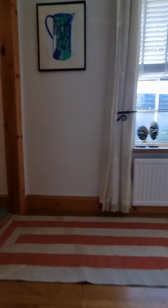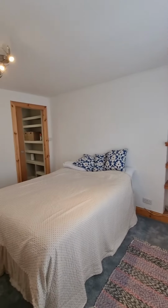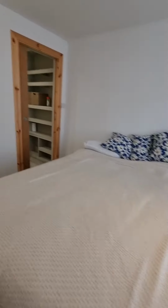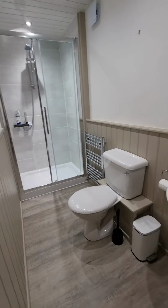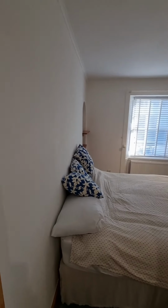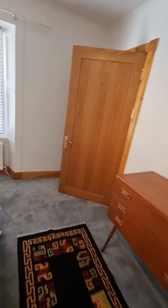Right, let's pop upstairs and we'll go in on my left hand side here. First bedroom. This has an ensuite shower room to the rear. As we'll see, lovely solid wood doors. The shelving, you've got there sink and WC and your shower itself. Let me just see from this angle, because it's a nice aspect in here. As we look round and then off